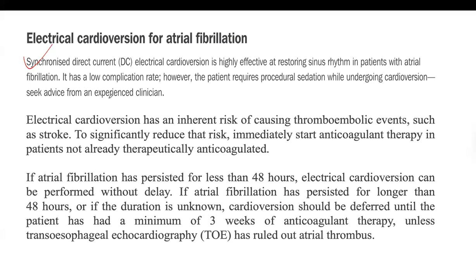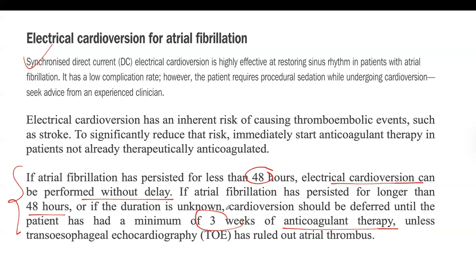And we have the DC cardioversion as well. So remember one thing: if atrial fibrillation has persisted less than 48 hours, electrical cardioversion can be performed without any delay. If AF has persisted longer than 48 hours, then cardioversion should be deferred until the patient has a minimum of 3 weeks of anticoagulants. So that's not super important for the exam, but this is something you should remember for